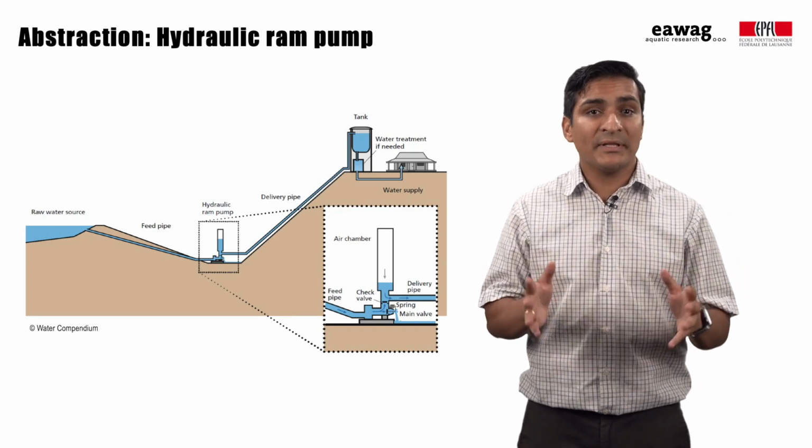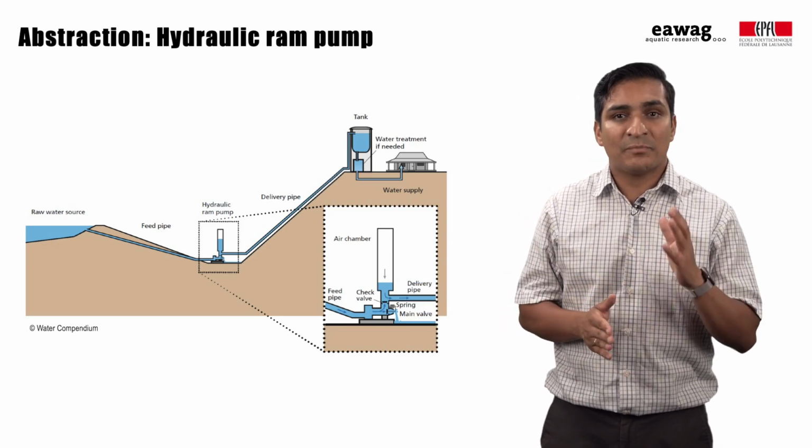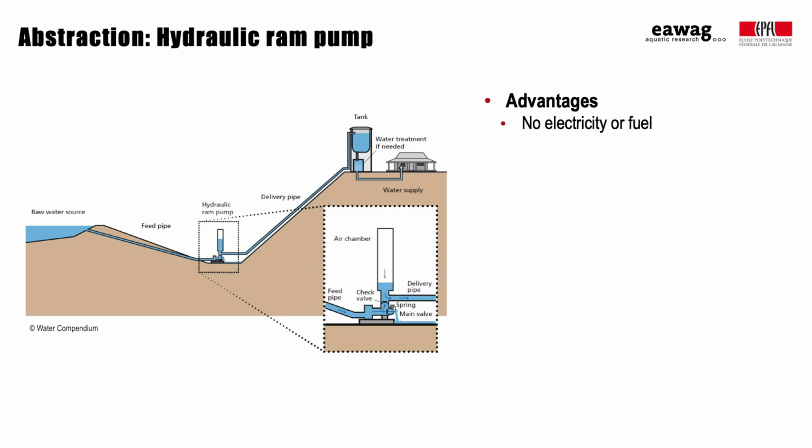These pumps are commonly used in hilly or mountainous regions where there is sufficient capacity to both drive the pump and fill the elevated tank. Since hydraulic ram pumps run on renewable hydropower, there is little to no need for other energy inputs such as electricity or fuel. They can operate for 24 hours per day, 7 days a week, for many years with little maintenance as long as there is sufficient flow to drive its operation. They are robust due to having few moving parts and relatively easy to maintain under local conditions.